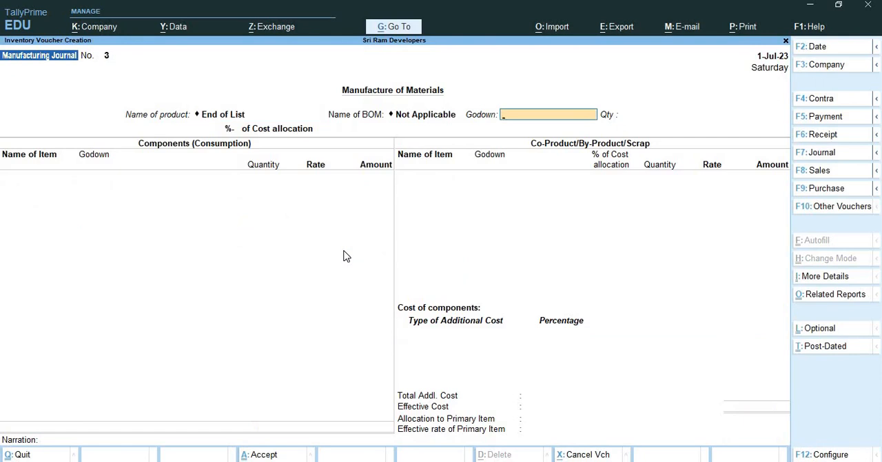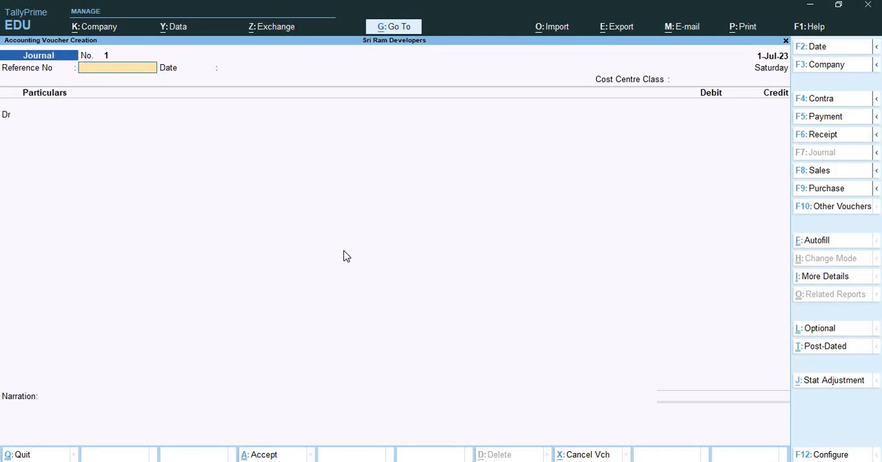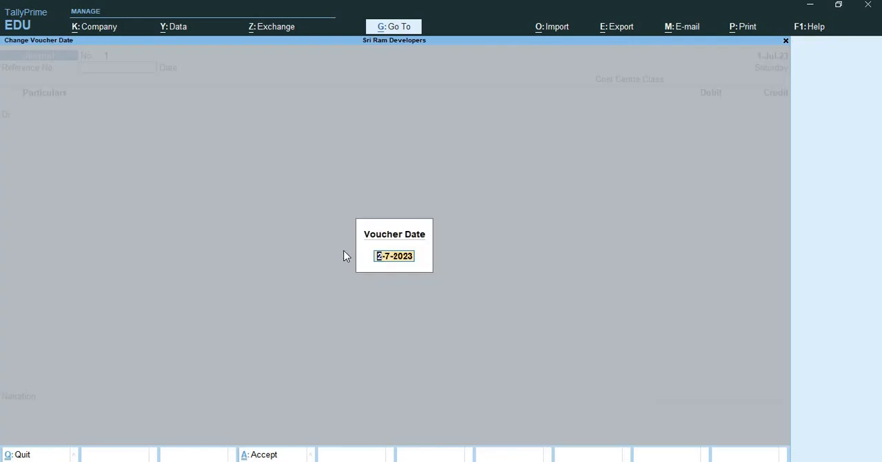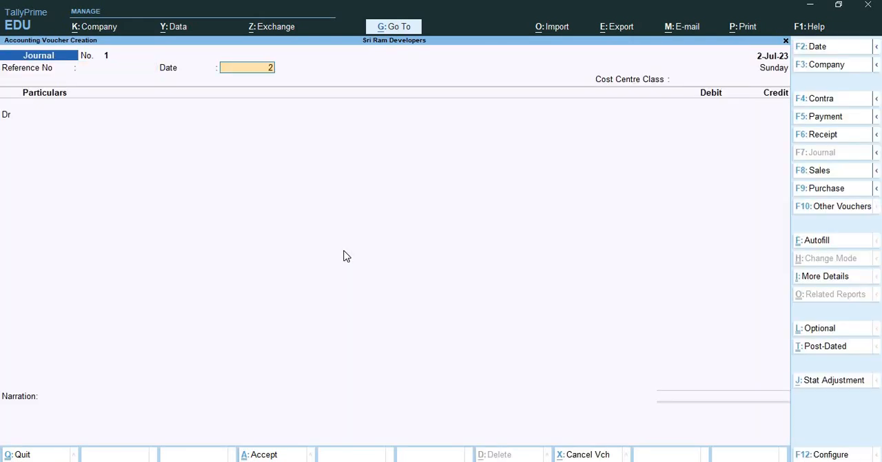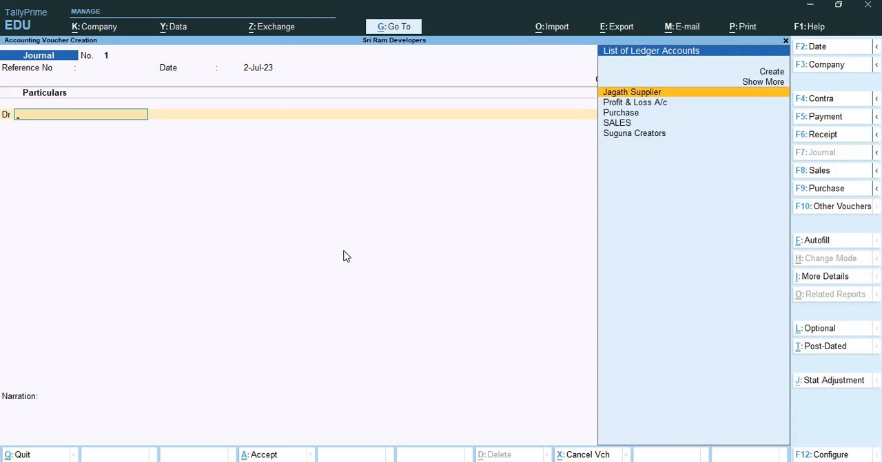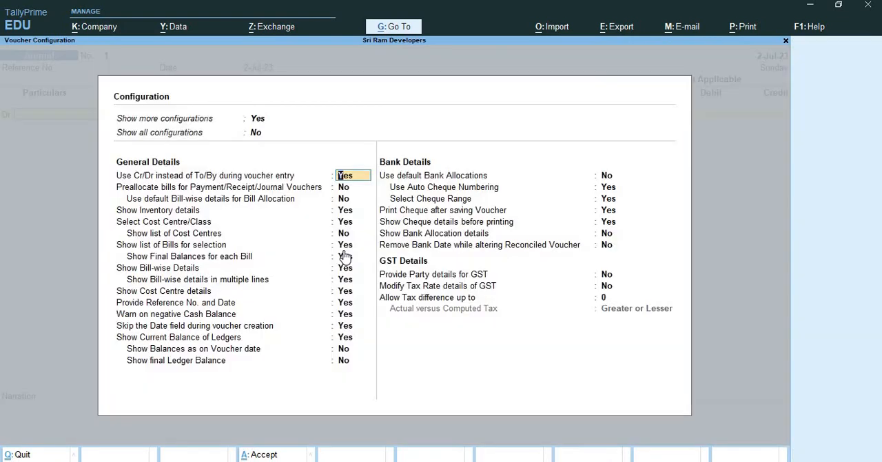Now I'll open my F7 journal voucher. Here they are saying that on 2nd July, Shriram Developers incurred labor charges of 20,000 and 15,000 for project 1 and project 2. So for this, I'll change the date from 1st July to 2nd July. And here, what I need to do is, I'll press F12 and enable other options. And here, I need to show